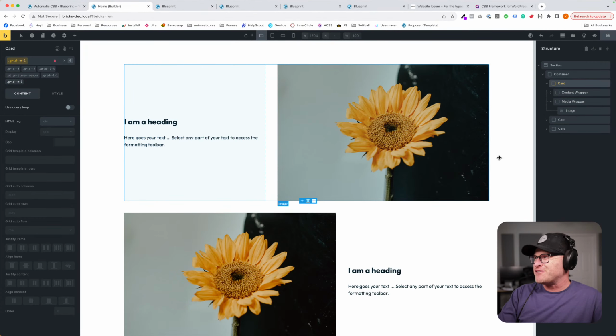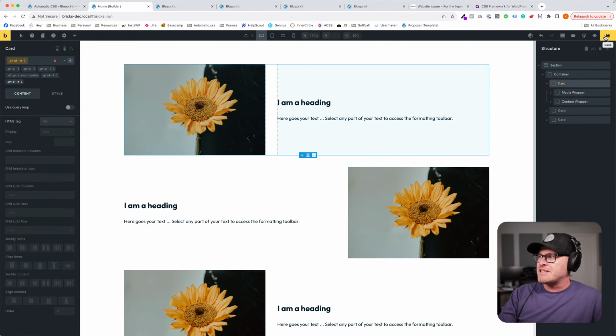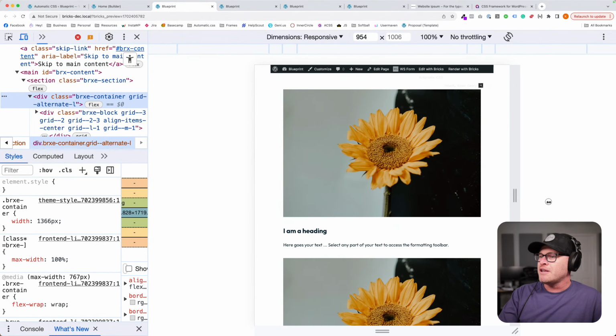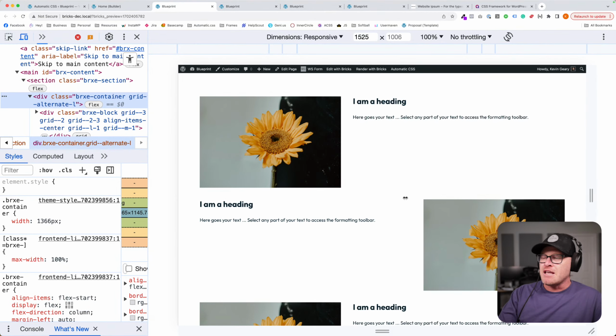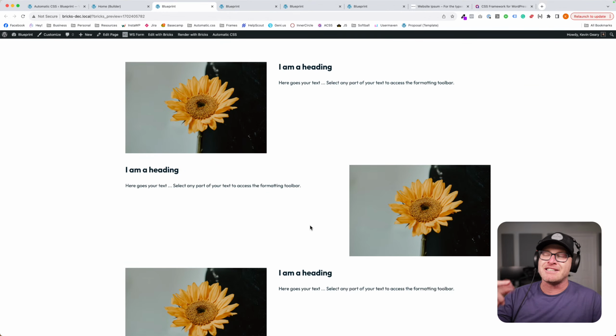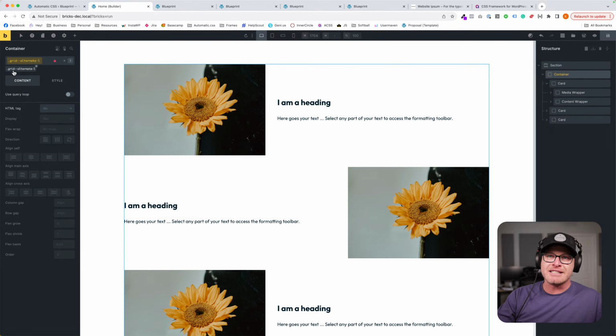And then in this case, because you're using utility classes, you do kind of need to just not go super awesome with your DOM. This is kind of the limitation of utility classes, but it does show you how you can achieve exactly what you want very, very quickly with utility classes. Because the auto alternation of these, by the way, when it's 2-3, it has to also alternate to the 3-2, which is a little bit more complicated than a 50-50 grid that has to alternate. But that's how you do it with utility classes. It's this grid alternate utility class on a parent container that will identify the type of grid you put on the cards inside of it and then alternate that structure